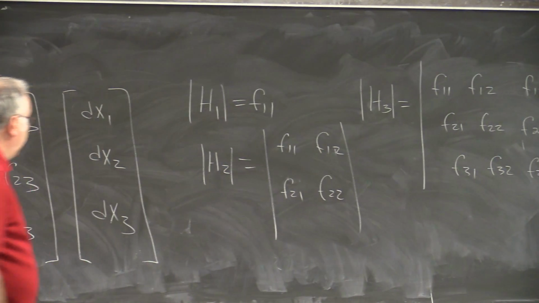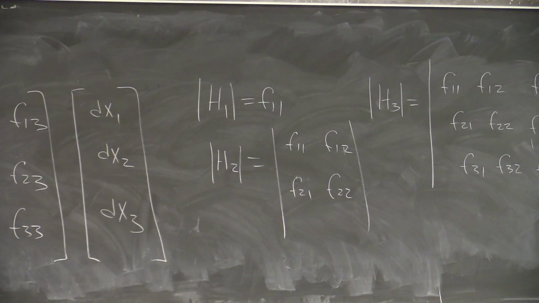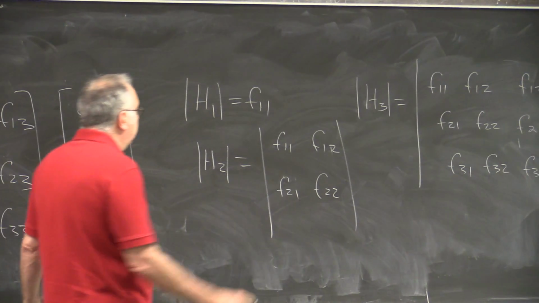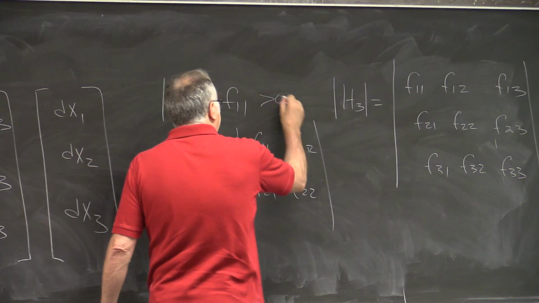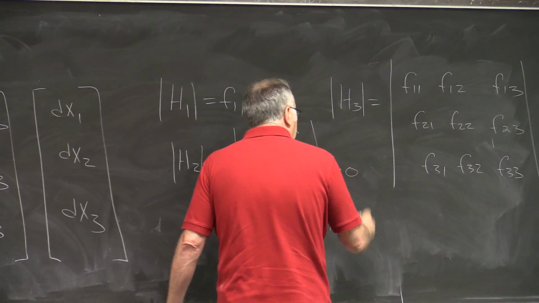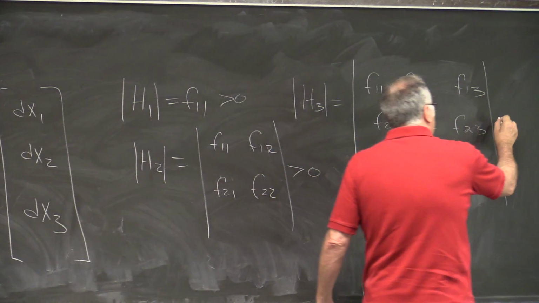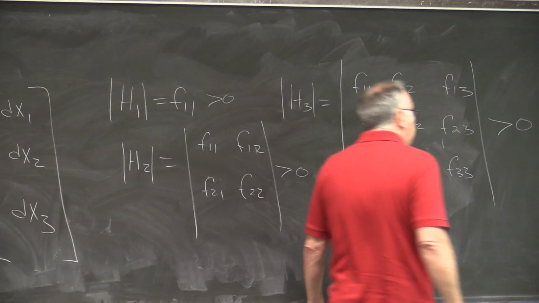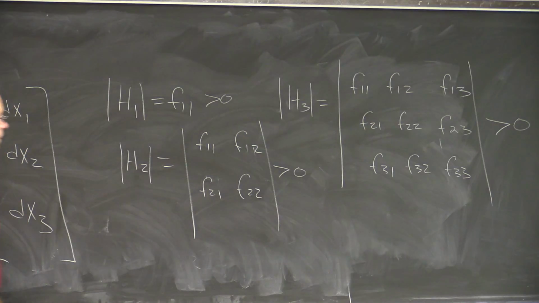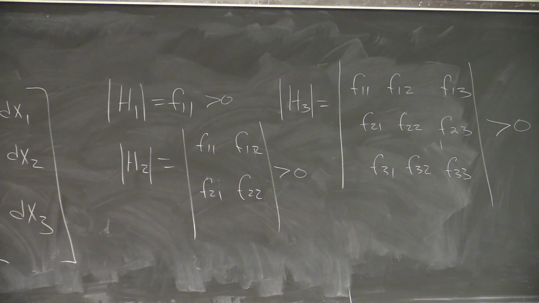So for this quadratic form to be positive definite, the conditions are just this. All of these have to be positive. If all of those determinants are positive, that guarantees it's a positive definite